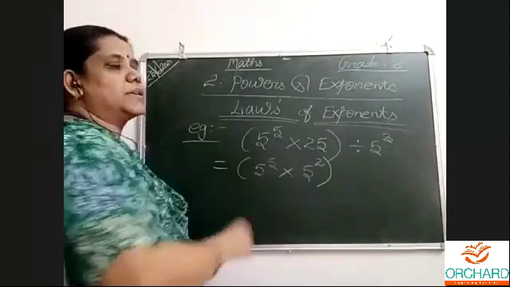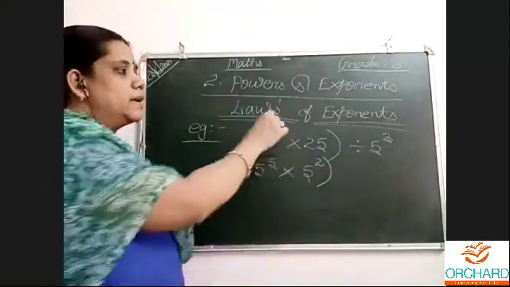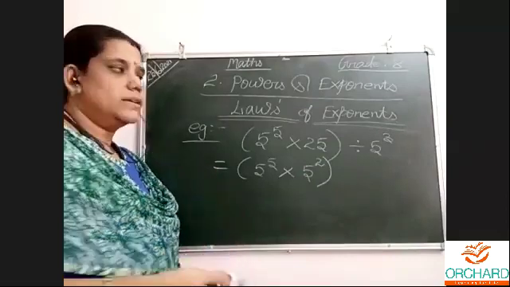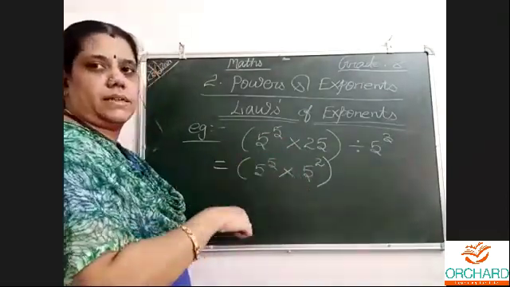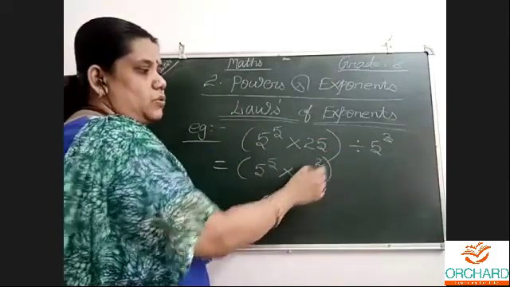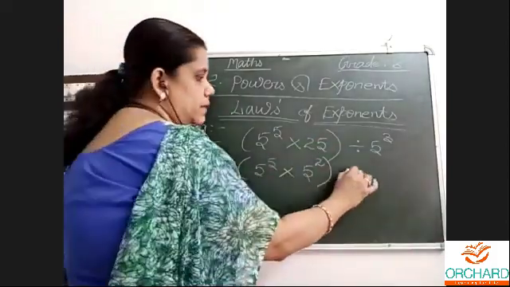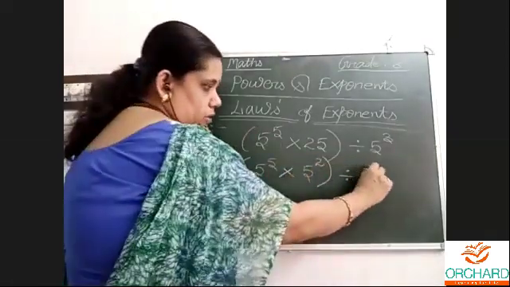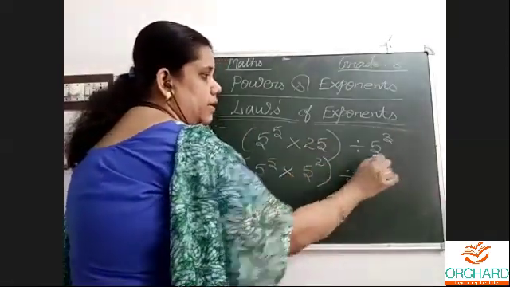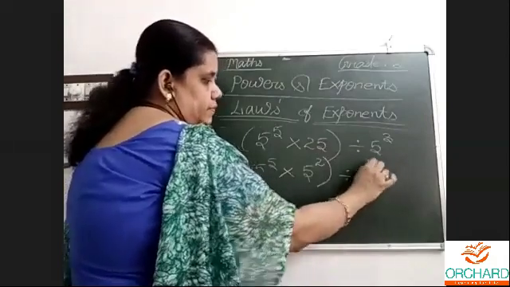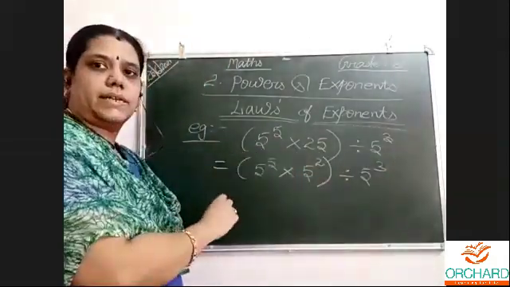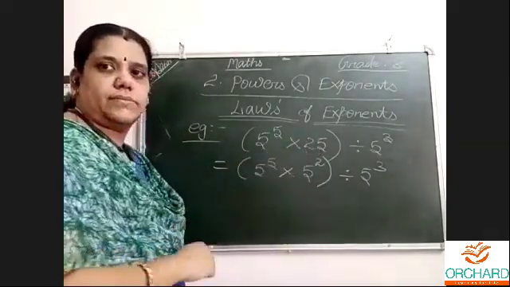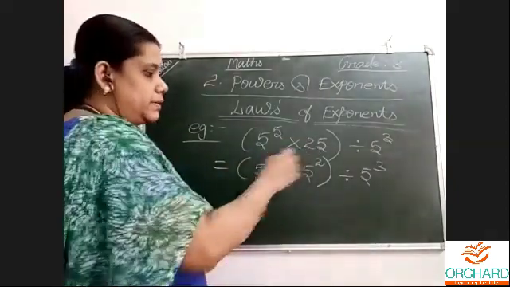One is 5, another one is 25. Base also different, powers also different. There is no use. I cannot apply any law. When we do, we should apply the laws. So this is 5 power 2. 5 5s are 25. They will give the number like that only. Here they will not give 6. They know that this number is a square of 5. If they give 6 here in the question, they will give 36 here. Understood? Then 6 power 2 like that will be.